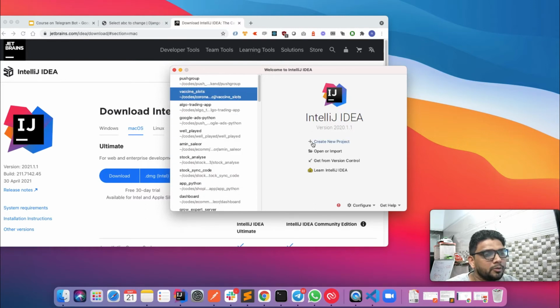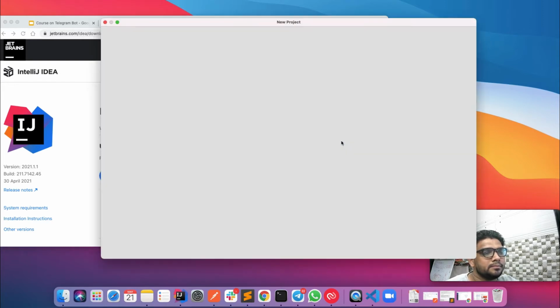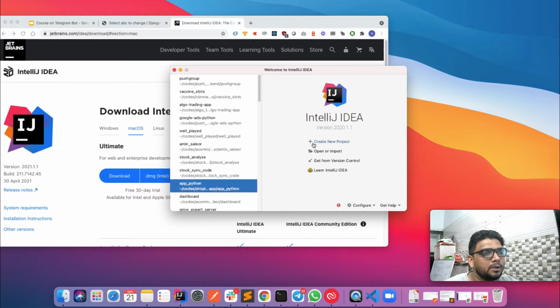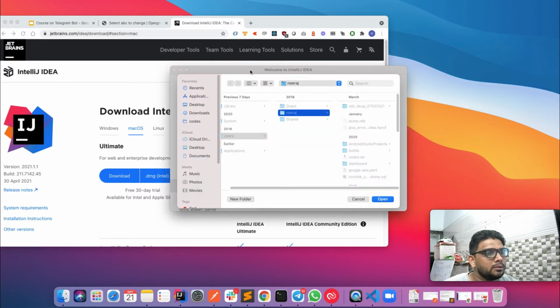Let's create a new project. Or actually, we don't want to create a new project, we want to import a project from our existing directory. So let's click on it.